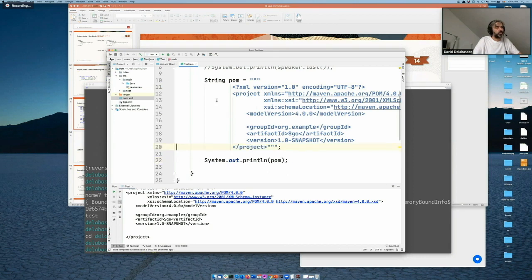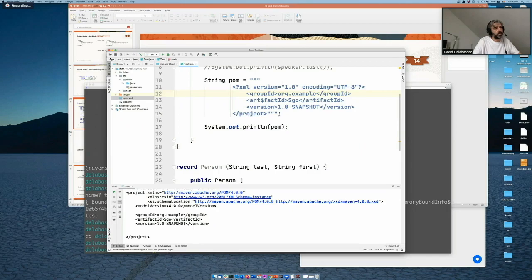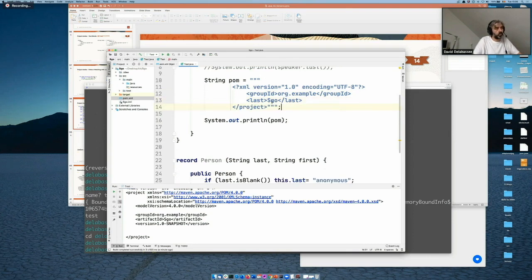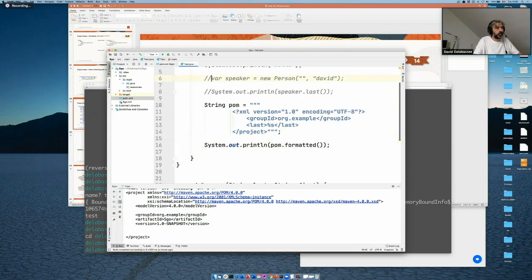Something else that we can do with text blocks is the following. They're not able to evaluate expressions, but let's just do that. I added a percent s here, and now I can use formatted. And what I want here is the speaker's first name, for example.